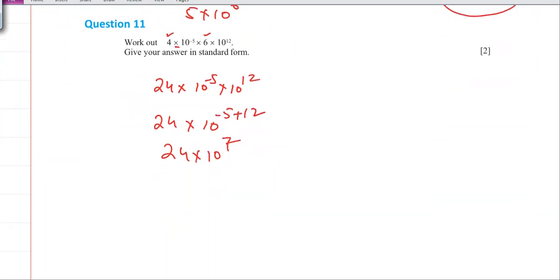But is it in standard form? My question is, Raman, is it in standard form? Do you think it is in standard form? Afif, do you think it is in standard form? No, sir. Why? Because the decimal should be after the first non-zero digit. So right now here it is after the second non-zero digit. So it should be after the first non-zero digit. So I will move it from here to here. So it will become 2.4.